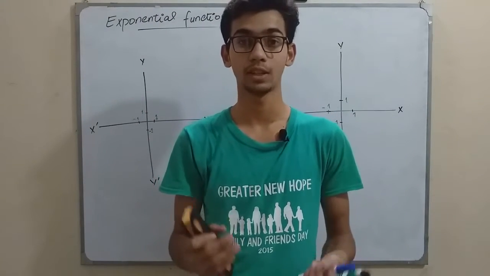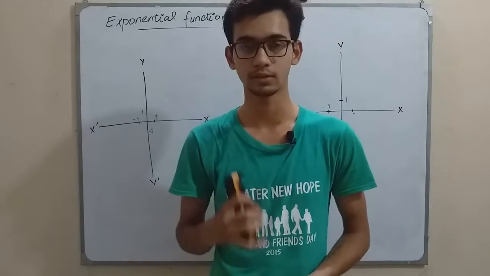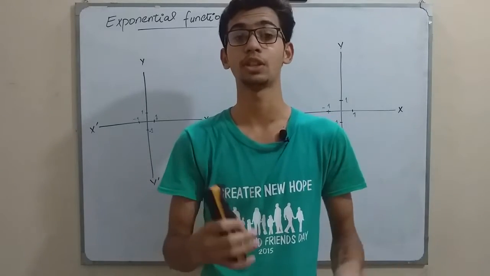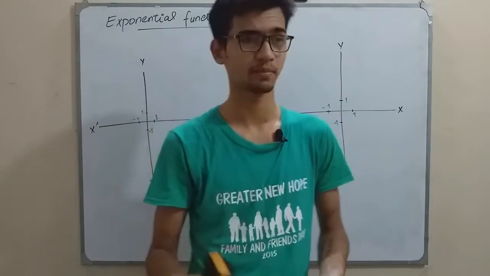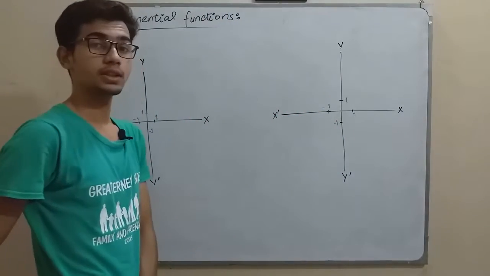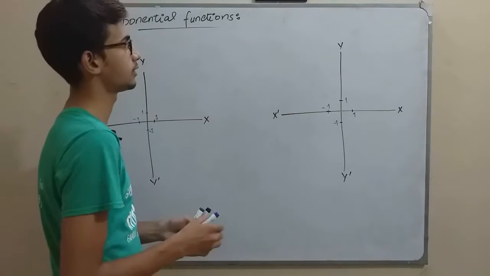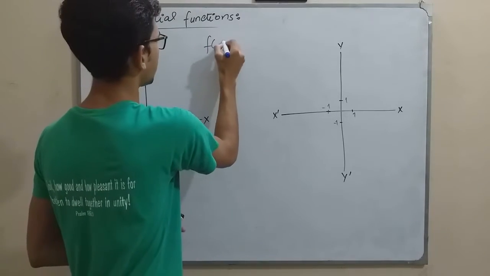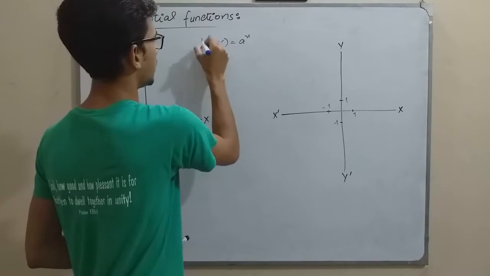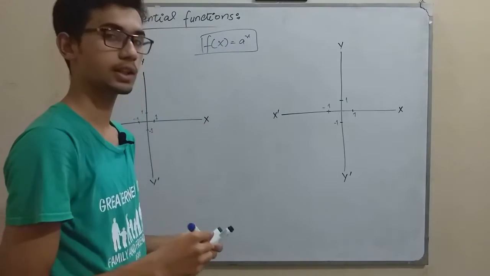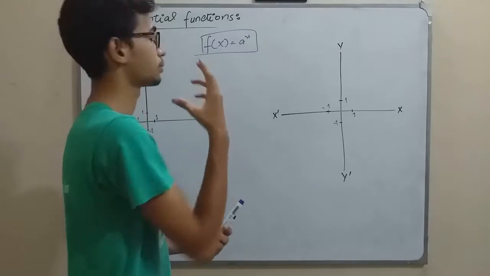So guys, our very first topic is exponential functions, and then we will move toward the exponential curves and the proof of Euler's number by differentiation. So what is exponential actually? Its general form is f of x, which represents a function, a^x. Well, this is the general form of the exponential functions.